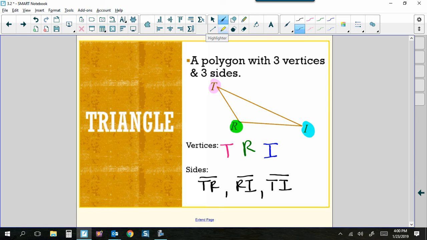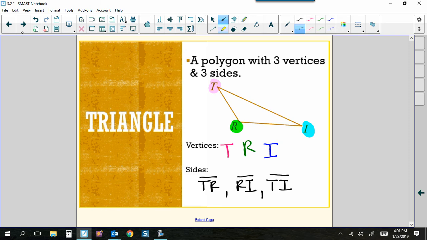Now, Mrs. Weichel, if I had named the vertices angle T, angle R, and angle I, would that have been okay as well? Remember, the vertex is the vertex of the angle. So if you were naming the angle, angle T, angle R, angle I, that would not be wrong. The vertex is just a single point, so it is not necessarily incorrect to have that there, but a vertex is just a point in the angle. So by having us name the vertex, I'm looking for just that single point.